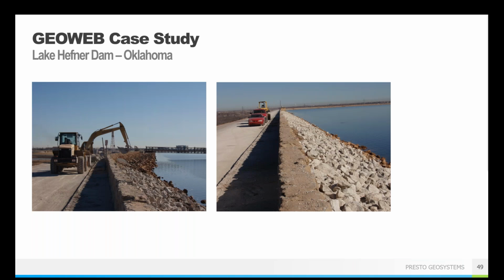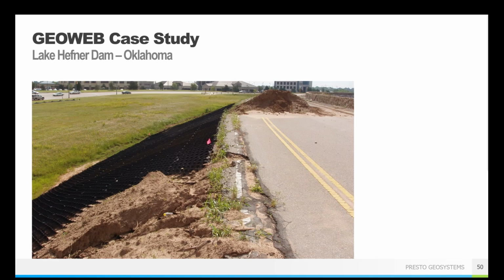They also put in a stone wall at the top to raise the height, again, to try and prevent further overtopping. And then they put in the GeoWeb slope protection system on the opposite embankment to prevent that future soil erosion and sloughing, and also to try and help reinforce the road and prevent undermining.